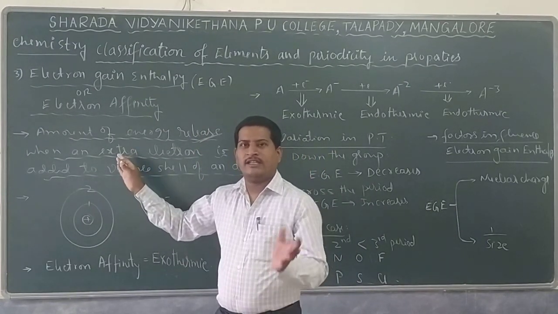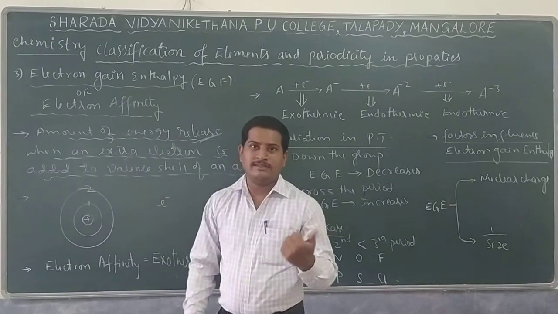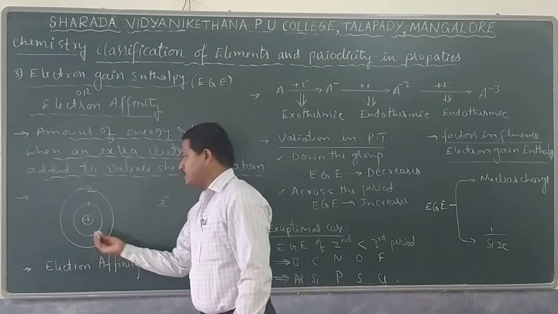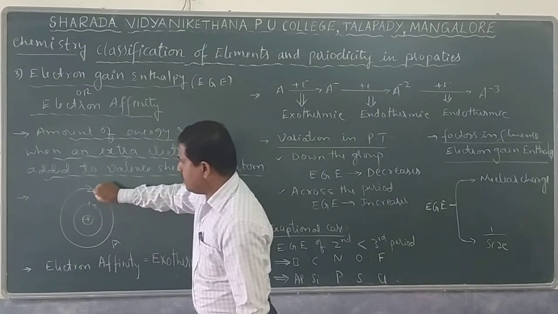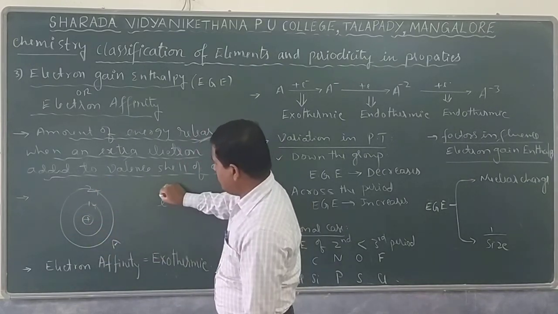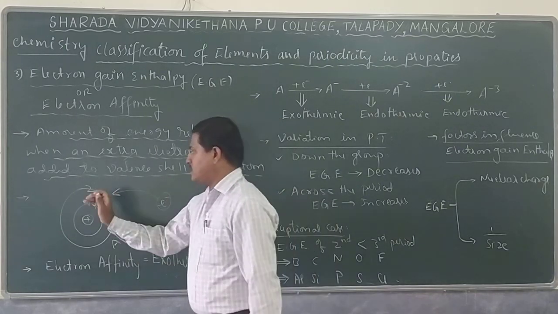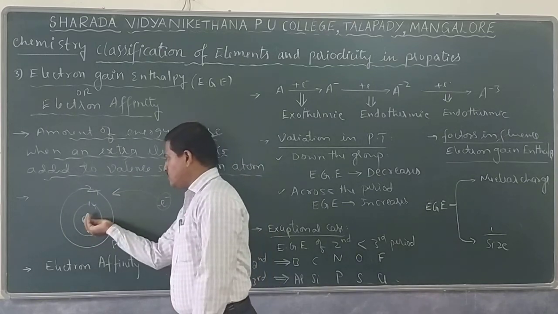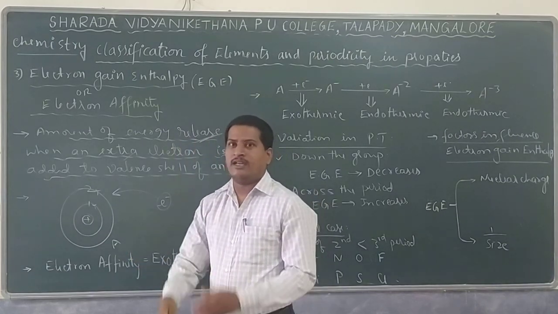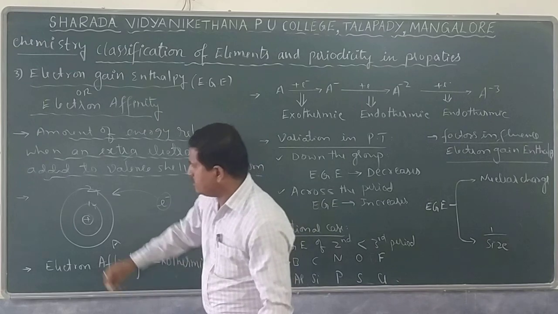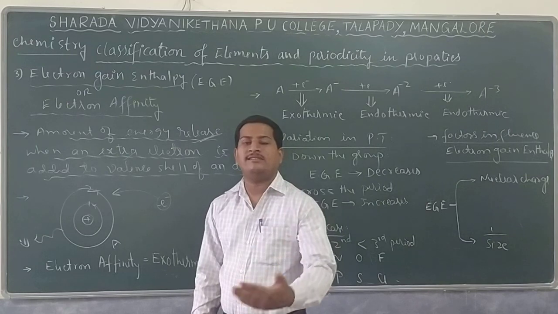So in ionization, energy is to be supplied for electron removal, but in electron affinity, energy is released after adding an extra electron. Let us say atom A is there, with first shell and second shell, and of course electrons are already there in the first and second shells. But you are adding an extra electron to that neutral atom. What happens after adding the extra electron? The positive nucleus and the electron show a force of attraction. Remember always, during force of attraction some energy release takes place. Force of attraction always leads to the release of energy.